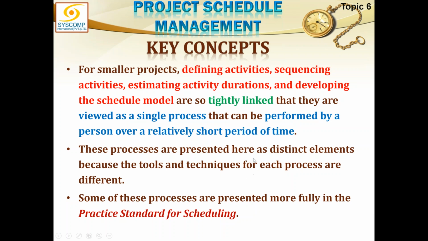It is assumed that scheduling is normally considered by people as one single big process. In smaller projects, all of these processes, like defining activities, sequencing activities, estimating their durations, and developing the schedule model, all of it is considered to be one big process. It is so tightly linked that they are viewed as a single big process that can be performed by a single person over a relatively short period of time. Well, I don't disagree with it in some cases, but